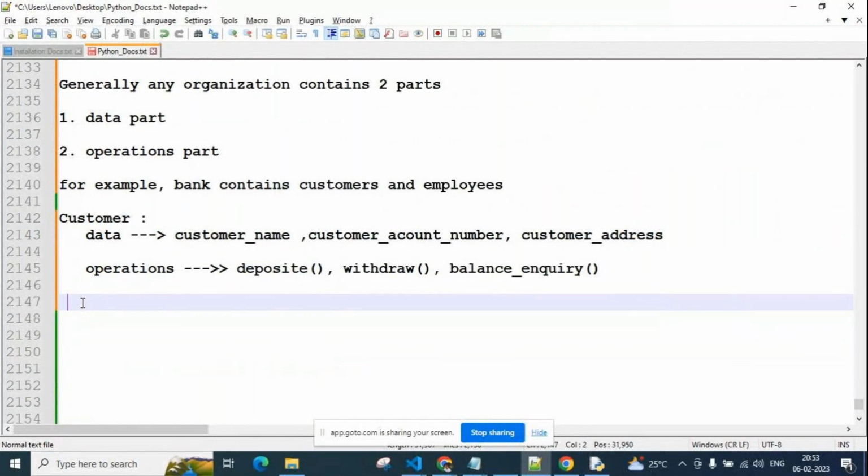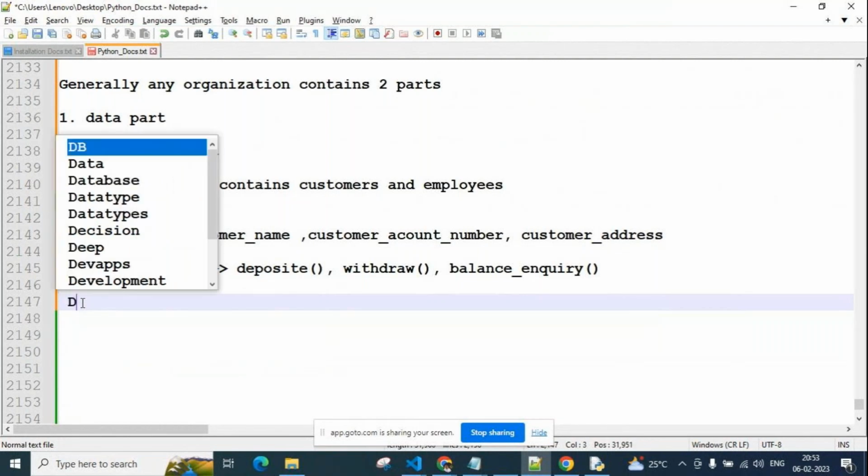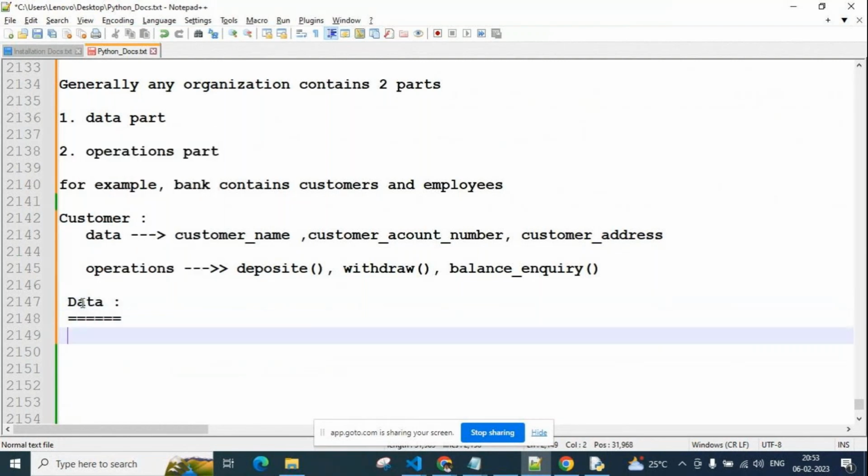So I'll take the first data, guys. About data, I want to discuss. Data information. So here data and operations we need to discuss, and then we will start programs-wise. So what is data first of all? The data of any organization we can represent by using any programming language. Every organization's data we can represent by using any language. Whatever language you are using, remember that. In that language, how we are representing it, that is important.